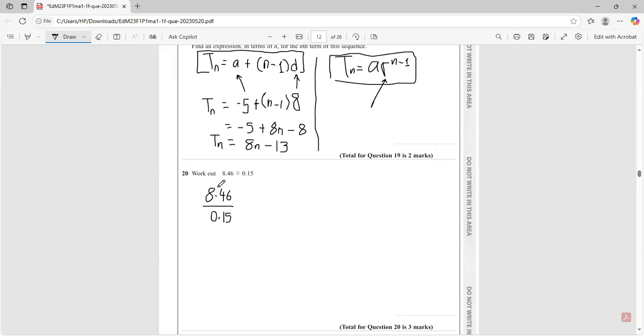So what are we going to do? We'll move the decimal point to the right. We just multiplied both of them by 100. So this will now give us 846 divided by